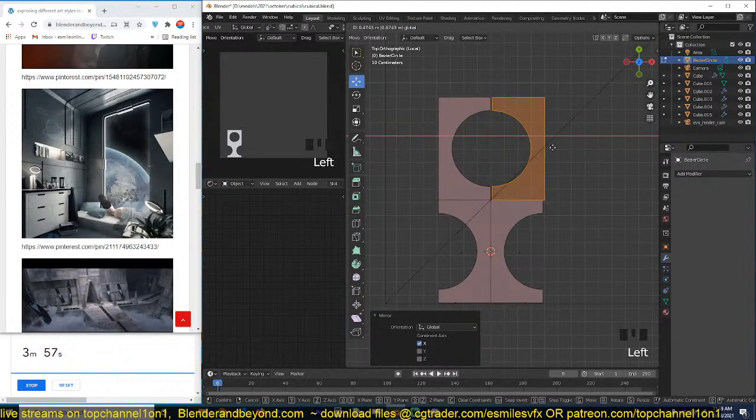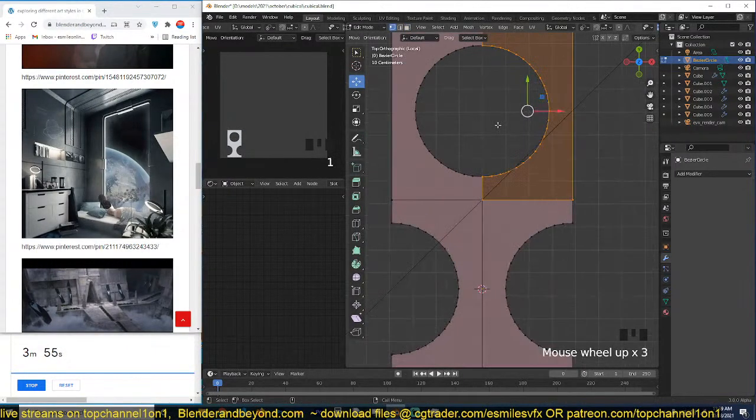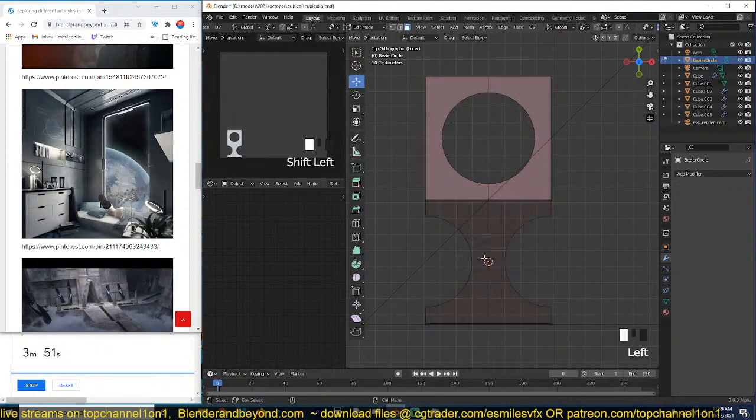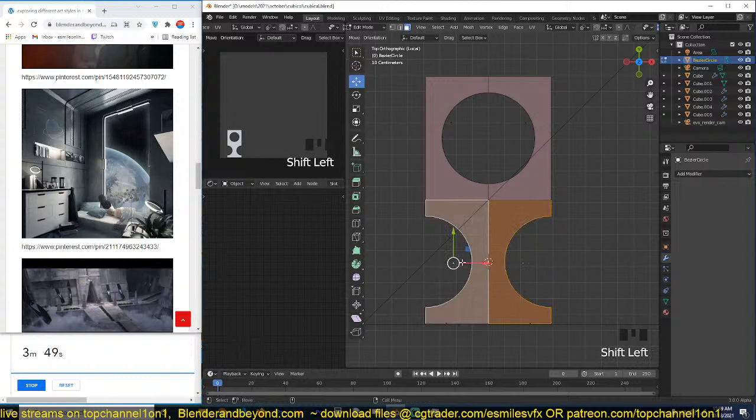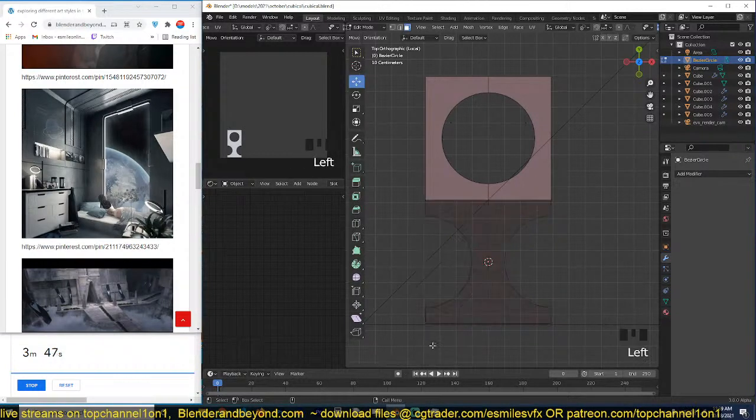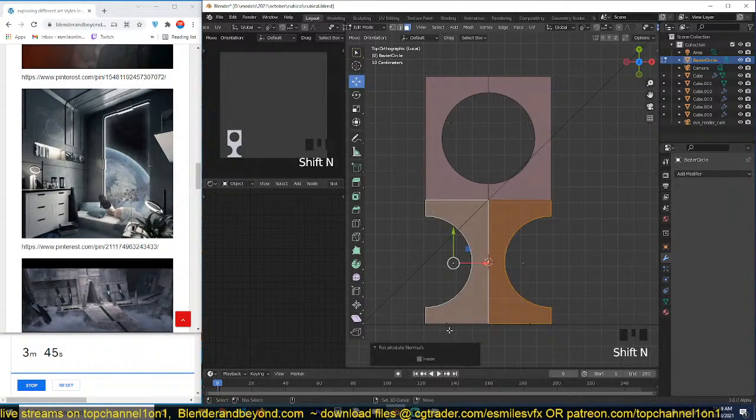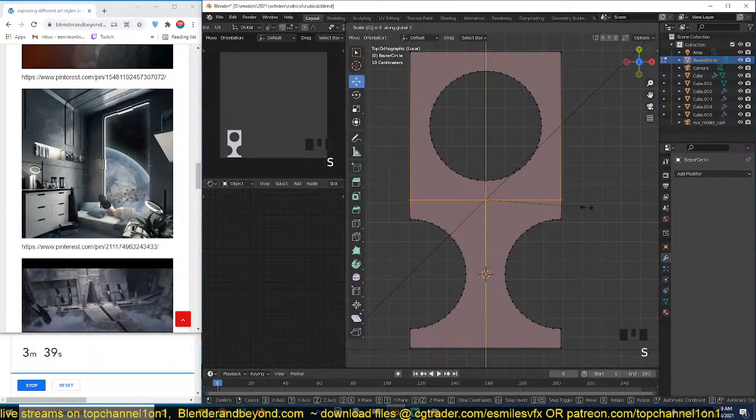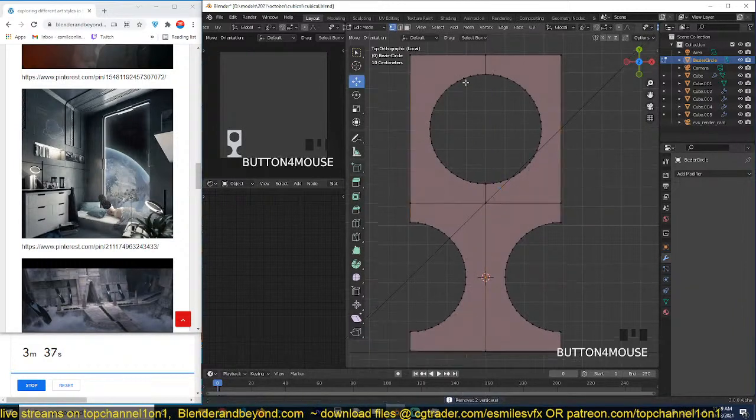Then duplicate this. Yeah, we are done, I think, hopefully. Just recalculate normals. Let's grab this and this, recalculate normals. Shift N, recalculate normals, so we have something like this. I'm just going to merge these shapes,